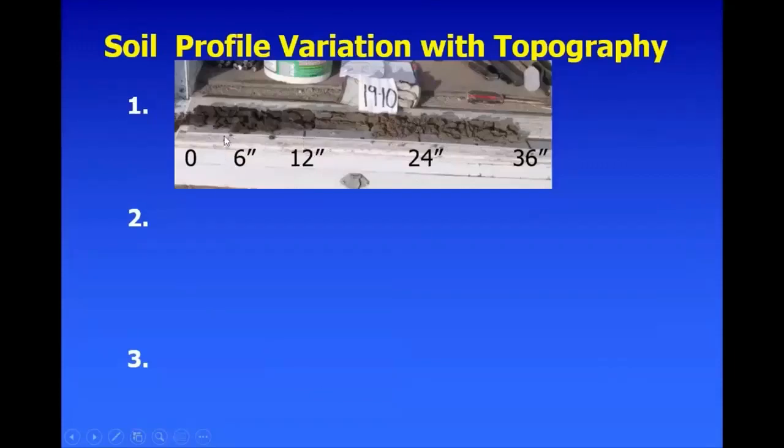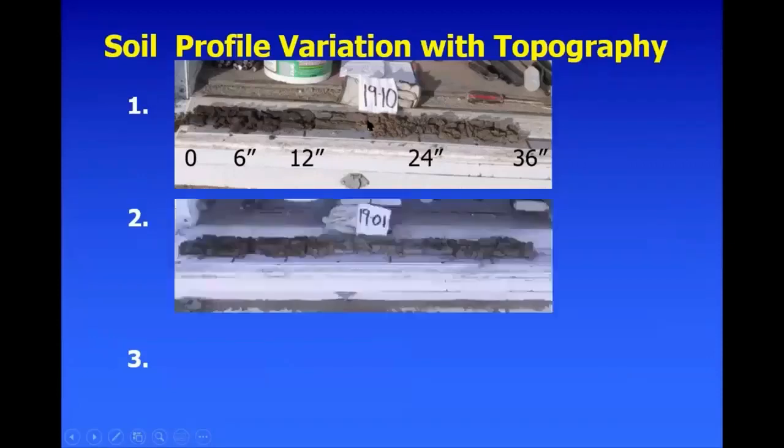This is just from a normal part of the field. We have a very nice A horizon, B horizon, and a very clean C horizon. So if we're sampling 0 to 6, 6 to 12, and 12 to 24, that's going to give us some very nice information. But if you just move over about 50 yards, there was this core in the field,